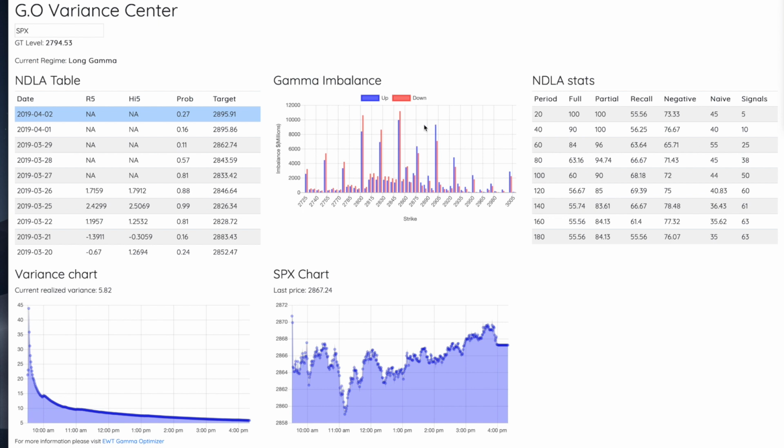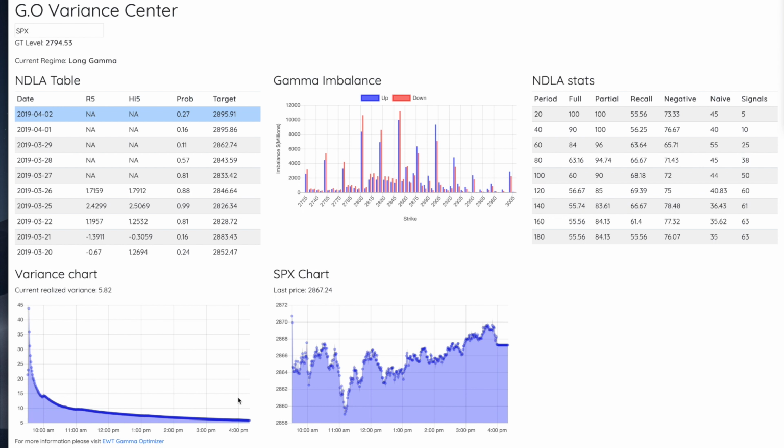And finally, but not least, is the variance chart. The variance chart shows intraday realized variance, which is only a fancy name for intraday realized volatility. I call it realized variance because it is a slightly different computation from what you will get from your broker. I am assuming that the mean of the sample is zero all the time. The zero mean assumption is something prevalent in the financial literature, and I mean all of the banks use this,